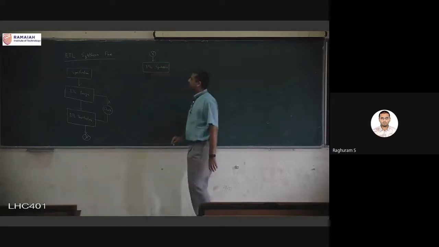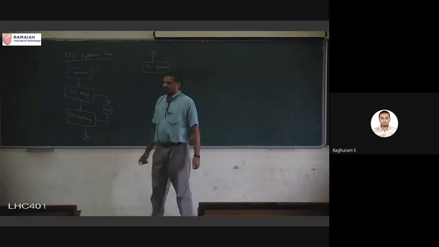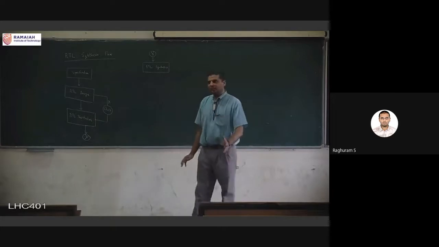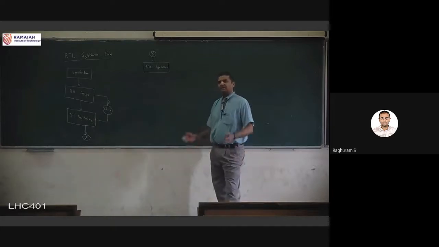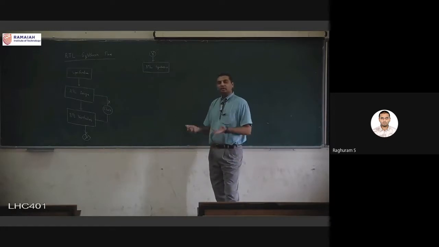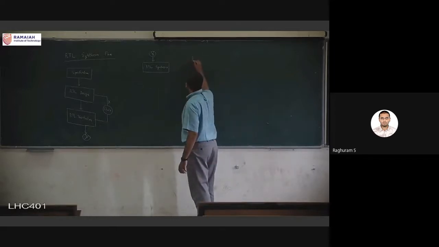RTL synthesis. And how do you do RTL synthesis? This is the question. And of course, we are not going into too much detail, but I'm sure you are curious, right? I am writing something like if then else. I am writing something that is not representing any known gate, for example, an assign statement. Okay, how does that get converted into a gate level description? And RTL synthesis is